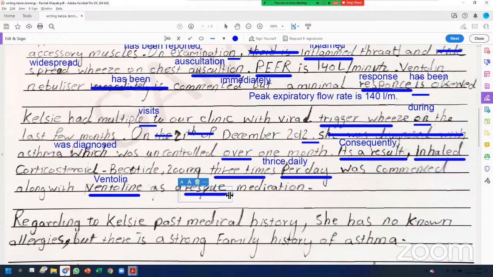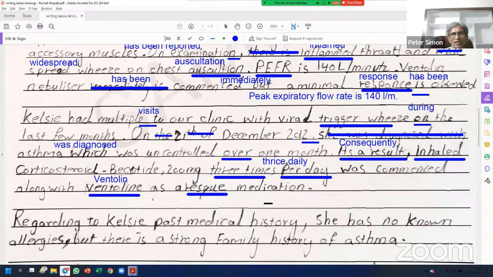A rescue. A rescue medication. Actually, two mistakes. A is separate, you have to write it separately, but you joined it along with this. It looks like they have joined A also here. So little space, you have to leave more space here.